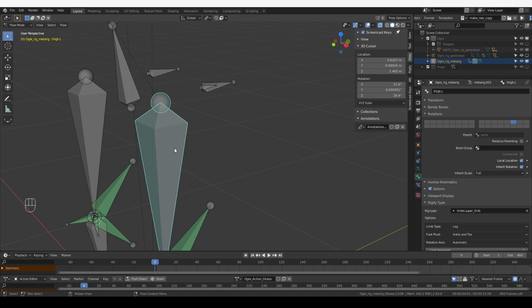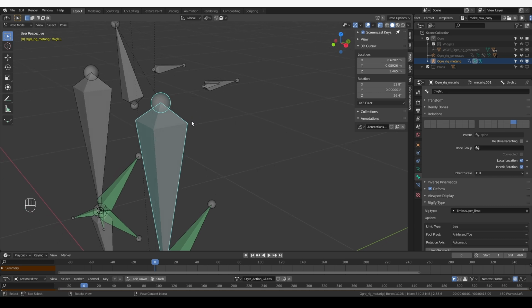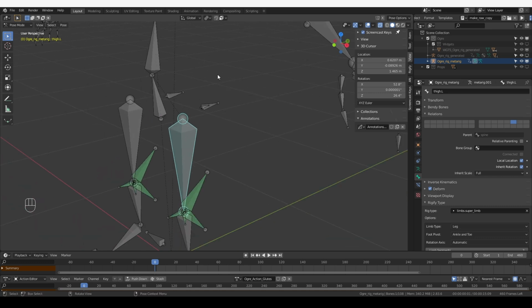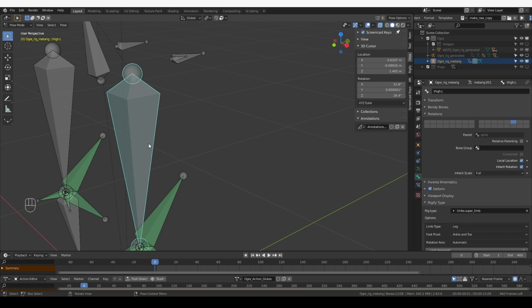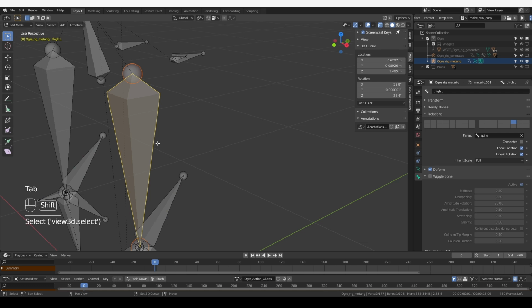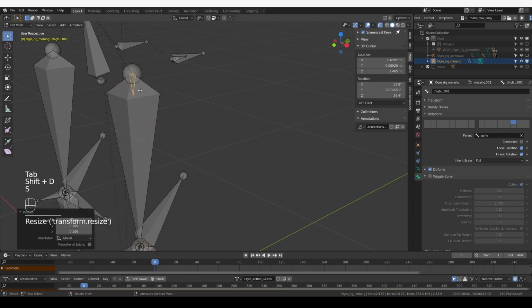And now I need a bone that will drive this animation that I just created with the action constraint. I could directly use the thigh bone, but as I explained earlier, for this elbow control, I don't like to do that. I prefer to have an intermediate MCH bone. So I'm going to go to edit mode, Shift D to duplicate this thigh bone, scale it down, F2 and name it MCH thigh